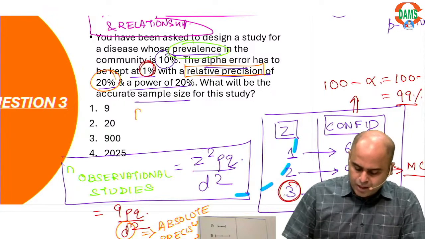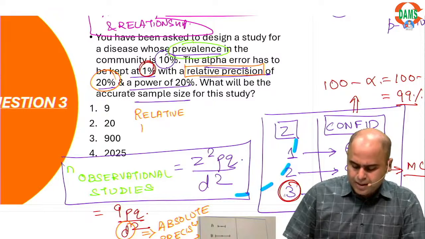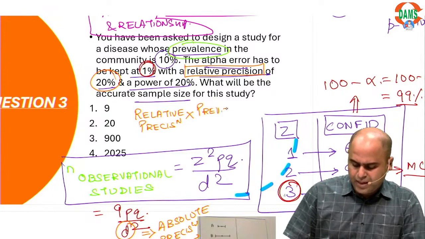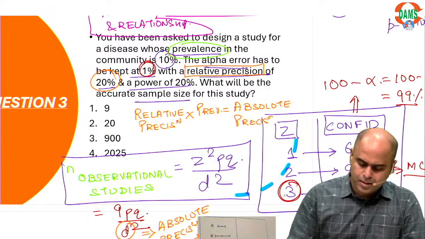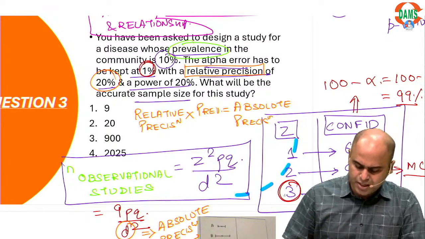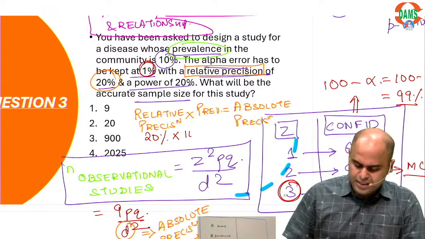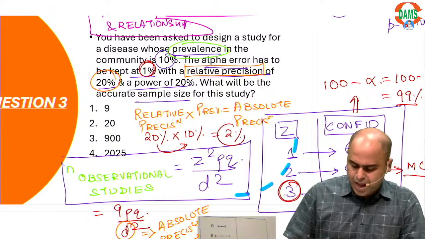So if I have a relative precision and I multiply it with prevalence, I would get absolute precision. So in this question, my relative precision is 20% into prevalence, which is 10%. So 20% of 10% gives me an absolute precision of